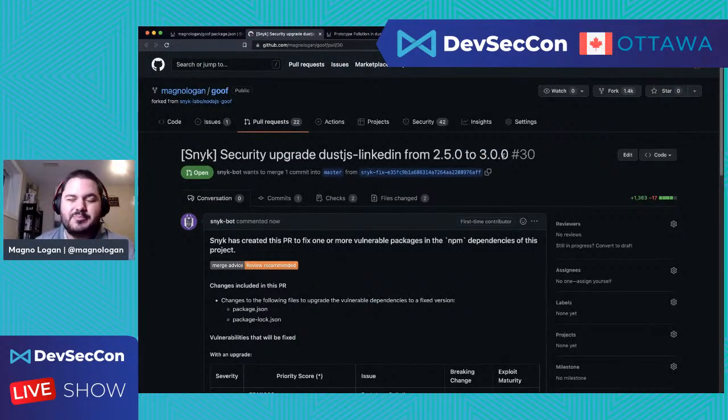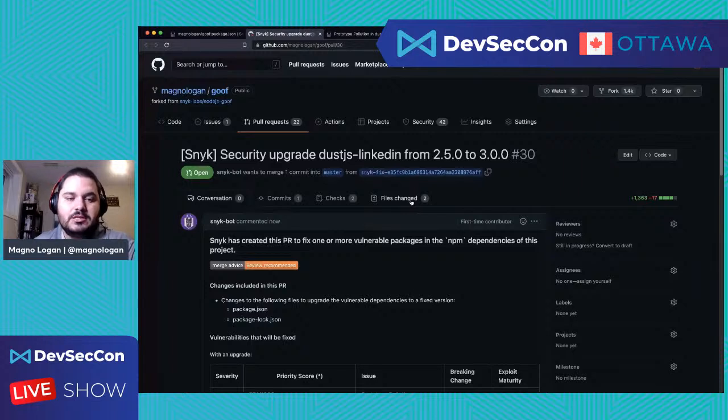So I'm not just updating a minor version of my library. I'm changing from 2.5 to 3.0. So there may be changes in that new version of the library that my application doesn't support and cannot work without some changes from my side as well, right?